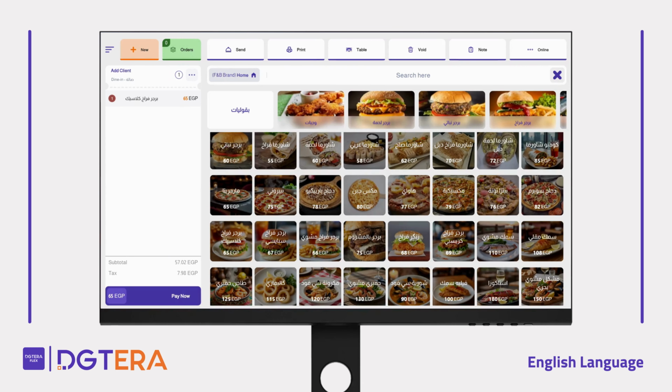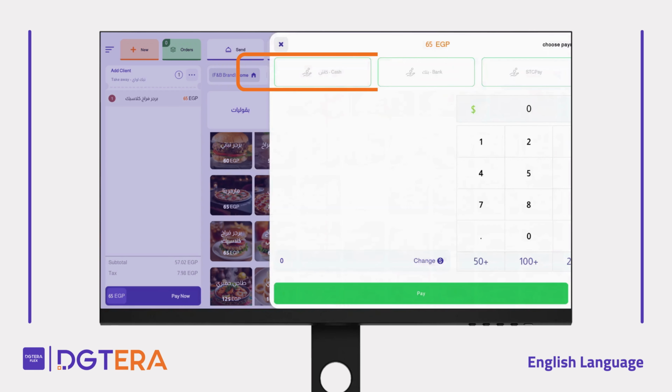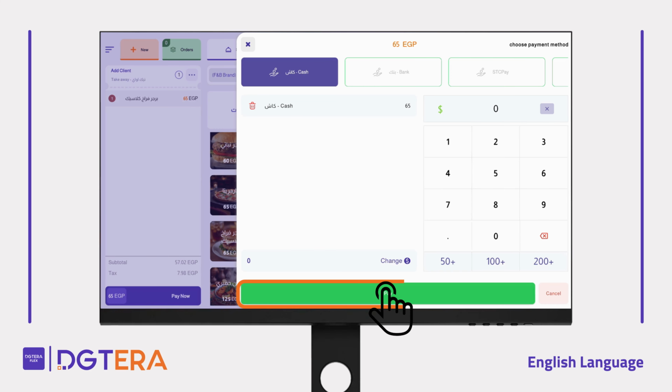To complete the order, click Pay Now, then choose the order type, select the appropriate payment method, and press Pay to finish the process. And if the customer wants to pay using more than one method, for example, part cash